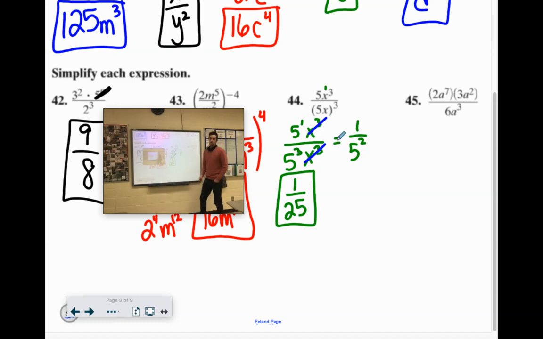All right, one more, and then we'll sum it up. 2a to the 7th times 3a squared over 6a to the third. If we simplify the numerator, I see 2 times 3, that's 6. I see a to the 7th times a to the 2nd, so we would add those up, give you a to the 9th over 6a to the 3rd. Now 6 over 6